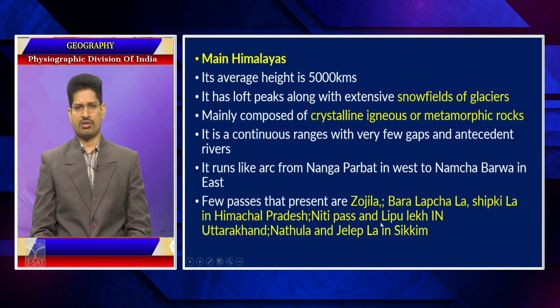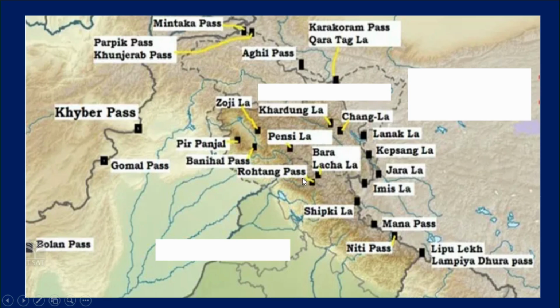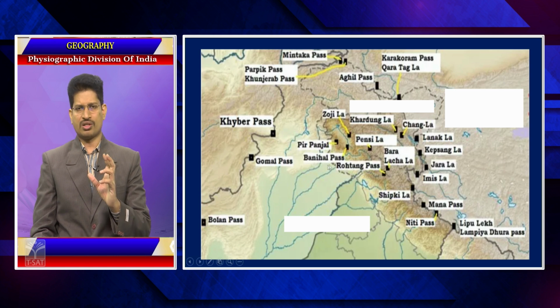so these are the different kinds of passes which are found in these Himalayan zones and can be asked in the objective bits. For example, see these kinds of peaks and passes, which are important in terms of map location, match the following, and identifying. You must be able to know, when an objective bit is asked, whether it is in the Jammu and Kashmir Himalayas, the Himachal Pradesh region, the eastern Himalayan region or the Sikkim region, because these passes are historically important too, because through these passes invasions have happened.